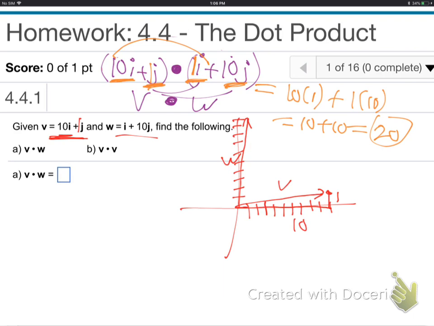Pretty simple, right? A little bit easier than foiling. You don't have to do all four multiplications. Just the front times the front and the last times the last. Just the F and the L of FOIL. How about that? Skip the O and the I. The O is out. So you just do the I with the I and the J with the J and drop them. So the dot product,